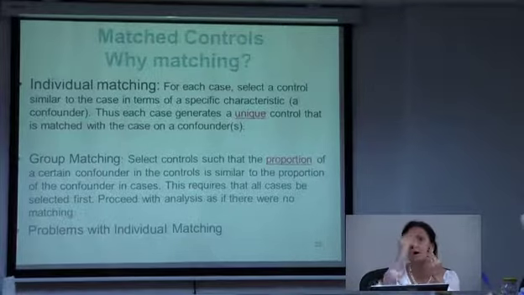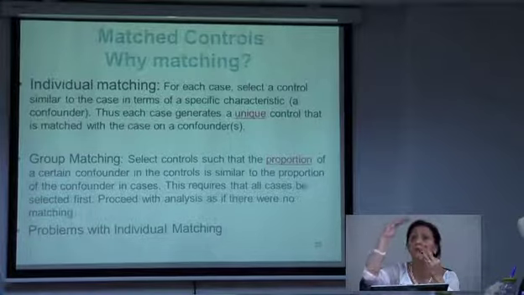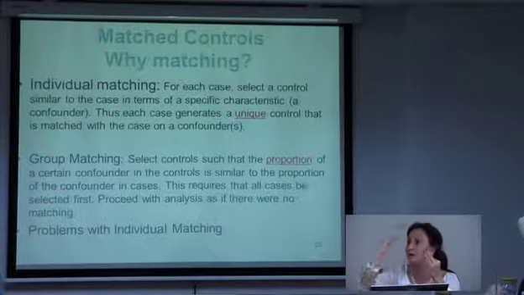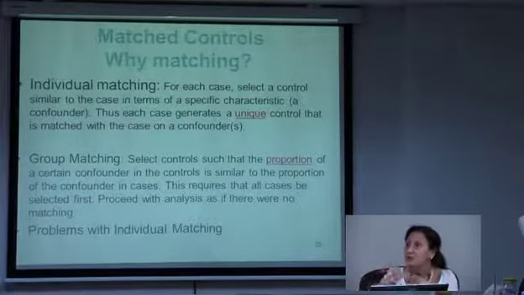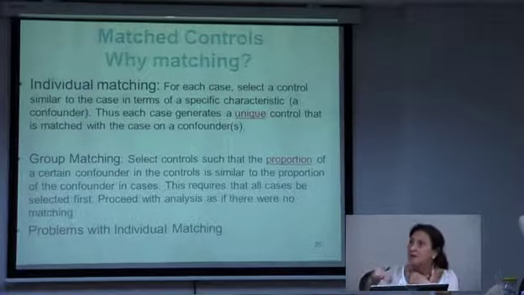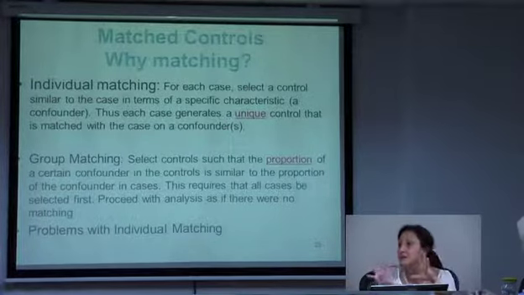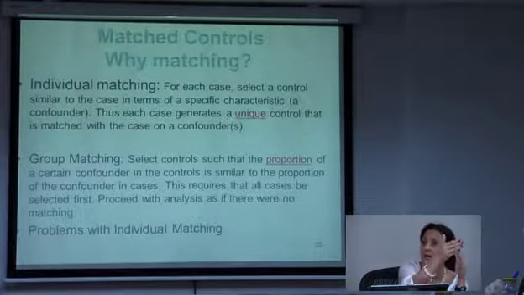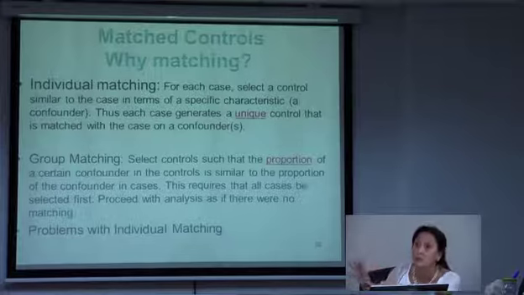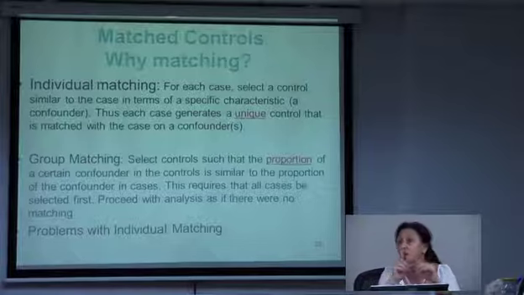See how many are in Maine, how many are in Vermont, how many are in the age group 30 to 45, 46 to 55, and so on. What's the proportion? Then, when you select your controls, you have to keep this distribution in mind, so you won't have two differently distributed groups with respect to these main variables. We don't want the cases to be more elderly and a group of controls that are more young people. You want at least a similar distribution. So we call this group matching